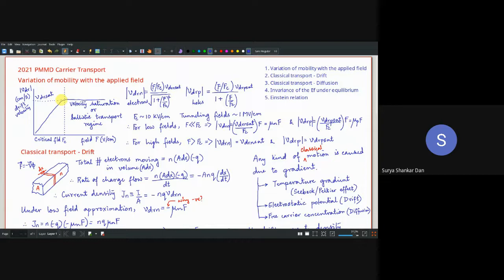When we speak about scaling theory towards the end of this course, we will discuss the hot electron effect. This hot electron effect is a part of ballistic transport, so we will look into that. Now let us understand that beyond this critical field, the scattering of the electrons becomes so high that it ensures the electrons do not accelerate any further. Accelerate means the velocity is increasing. So they essentially have zero acceleration, so to speak.